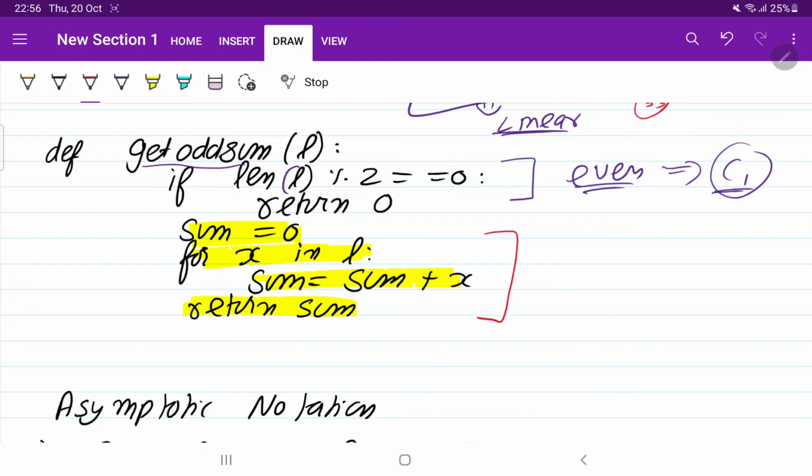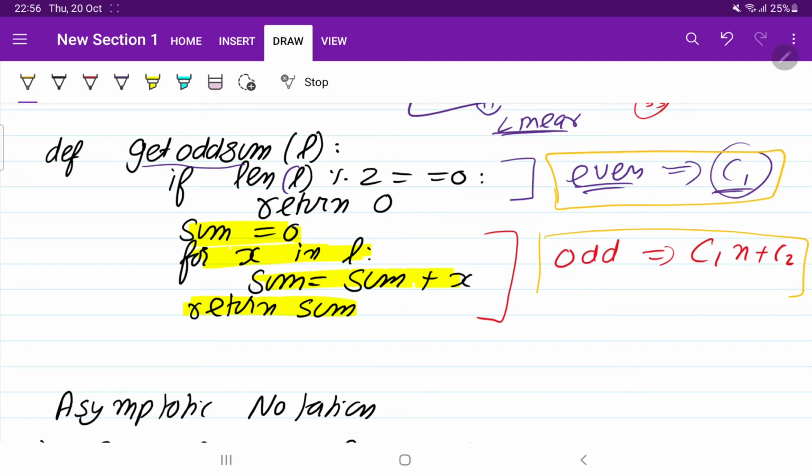So if the number of terms is odd, it has to traverse all n elements, so the time will be C1 n plus C2. Here we have two different types of time. If the number of elements is even, it takes constant time, but if the number of elements is odd, it takes a linear amount of time.